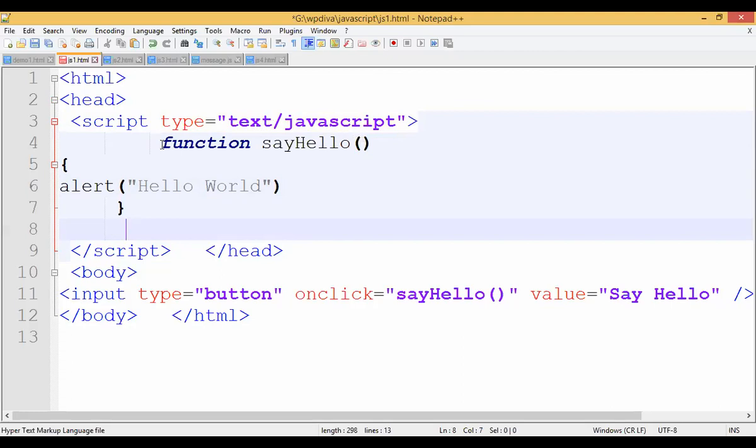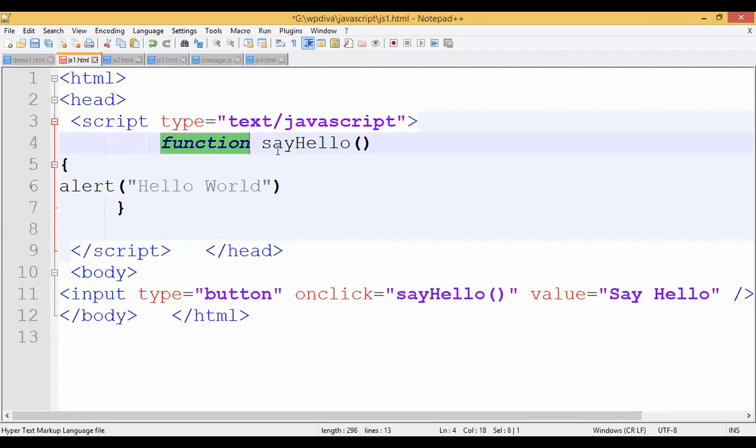Now, this is one way of writing JS where I'm creating one function. Already we know what functions are. Functions are subroutines, routines which are called to execute the given task, and you have to invoke the function. Invoke means calling the function. When you call the function, it will get executed. So why am I writing this function now? Suppose I click on a button, what should happen next?